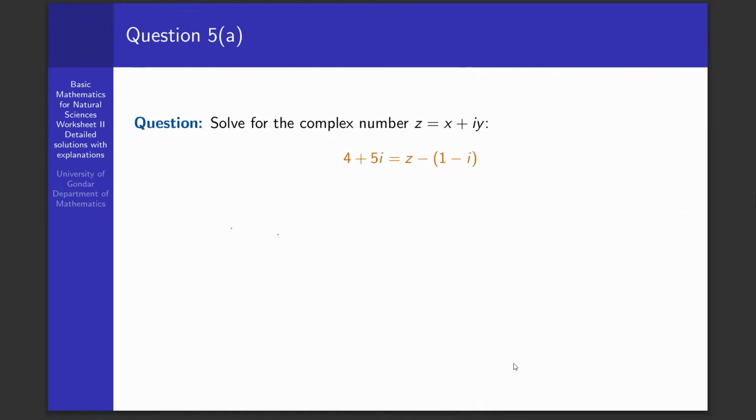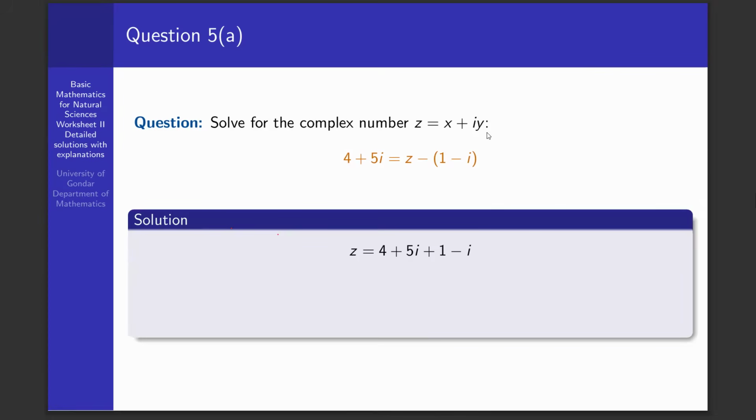Then the next question is 5a, where we're asked to solve for the complex number z equal to x plus iy. What we're given here is 4 plus 5i is equal to z minus 1 minus i. So we are asked to find the value of z which makes this equation true, or to write z in standard form, in the form of x plus iy. So the solution will be